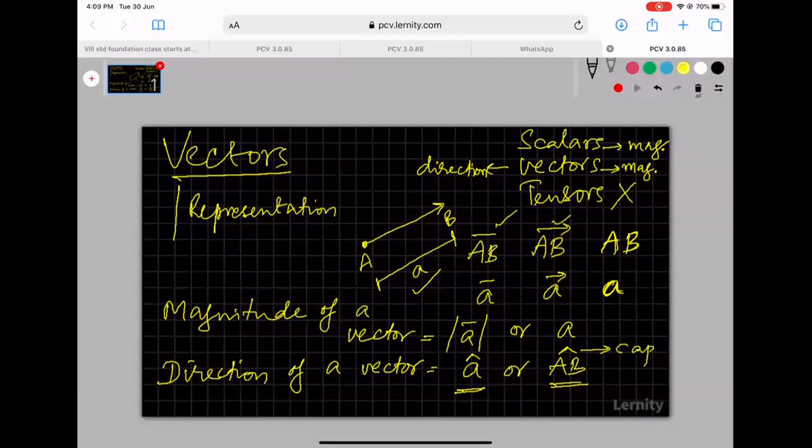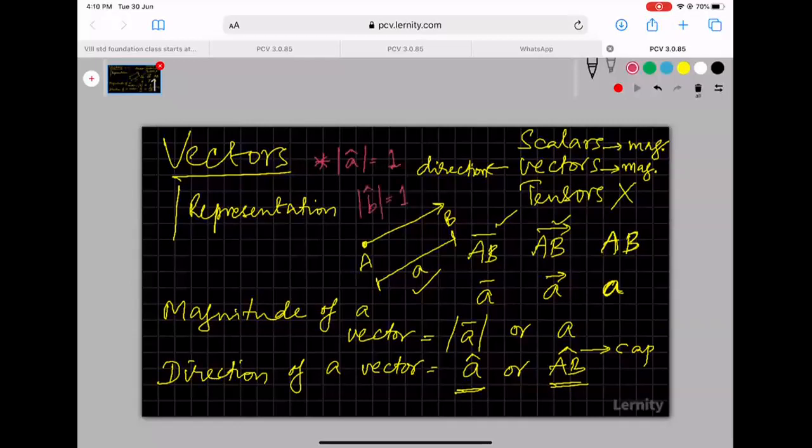Say for example, you will find a question like this in the exam. What is the magnitude of A cap? Without saying anything about the vector A, they ask you what is the magnitude of A cap. It's always 1. What is the direction of A cap? We don't know. What vector is A bar? We don't know. But the magnitude of A cap is always 1. The magnitude of B cap is also always 1.